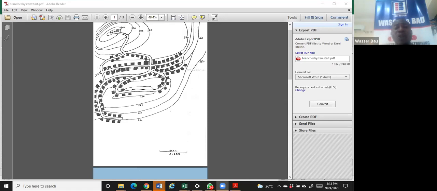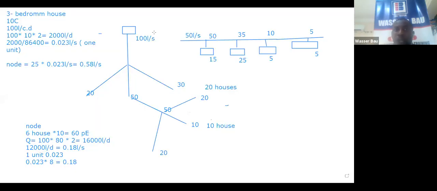In mechanical engineering, I don't know what they call it because I'm not a mechanical engineer. But to those of us that are civil engineers, we know that this is something that we often meet in fluid mechanics. In fluid mechanics, we call it the law of continuity, which says that